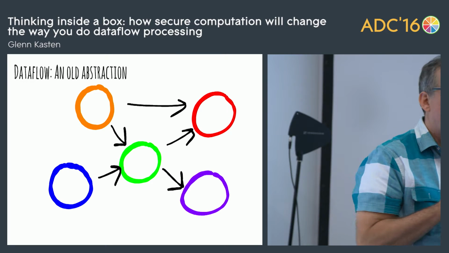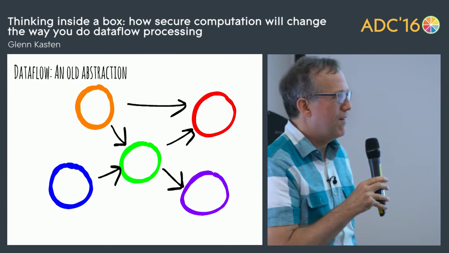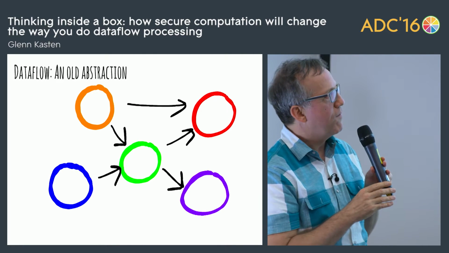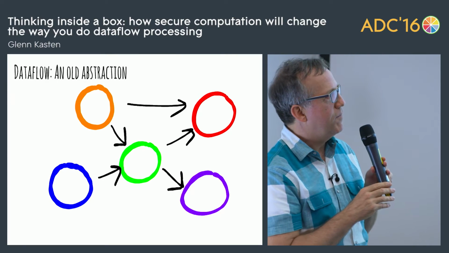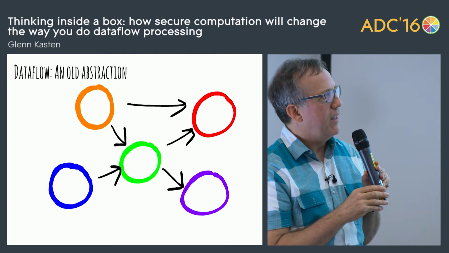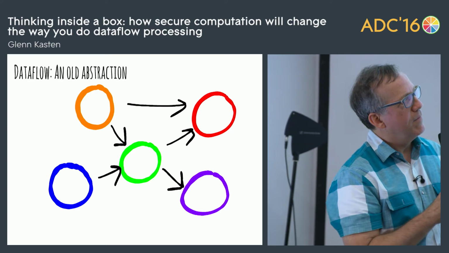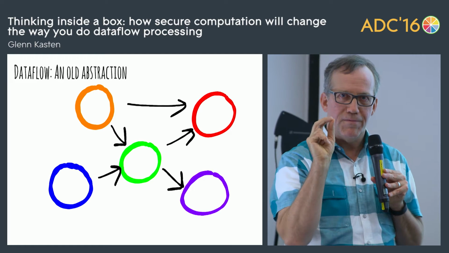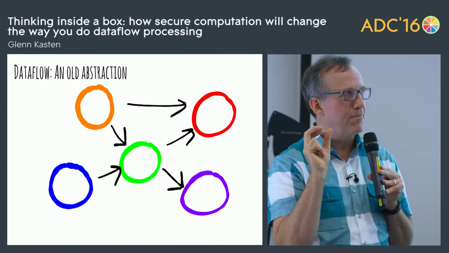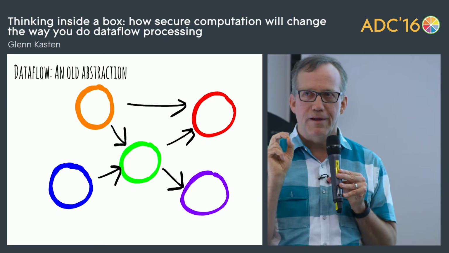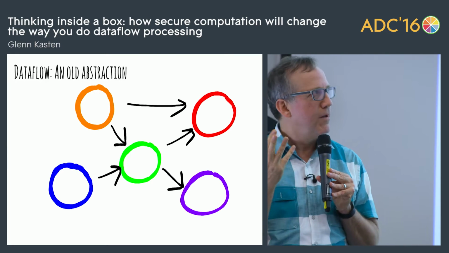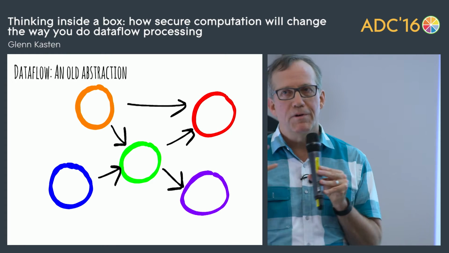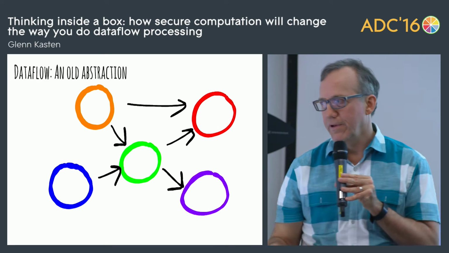So data flow is a pretty old concept. It's nothing that novel anymore, but basically the idea is you have nodes that do processing and they receive data as inputs and they produce data as output, and the data can be either single units of atomic pieces of information like an integer or a float or something like that. An example of that would be like Faust, or they can be streams of data. And what I'm going to focus on today is the streaming version of data flow.